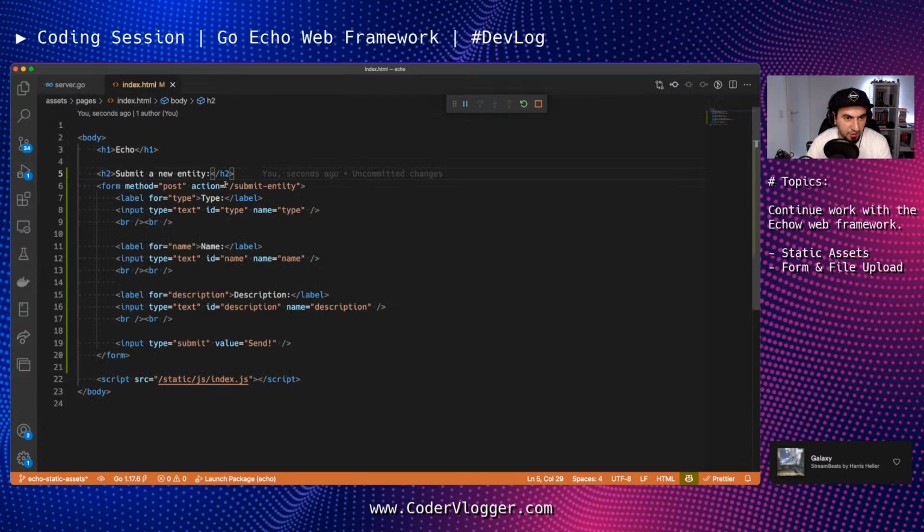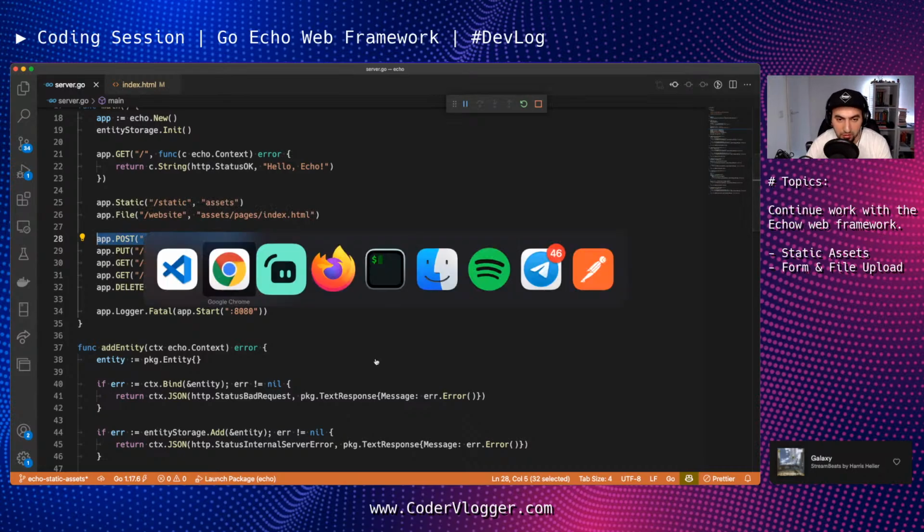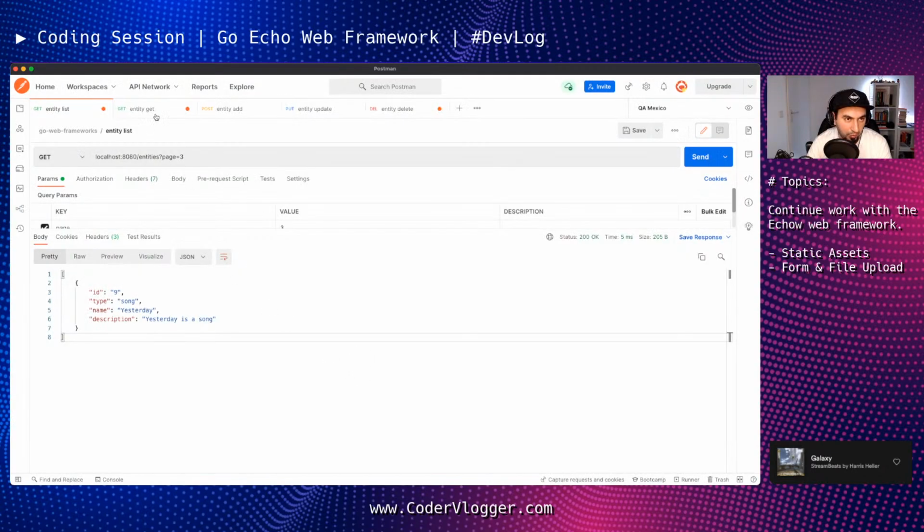So we already have some conventions, right? From the front-end part, we expect that we have this submit entity available on the backend, and we expect to get some data. Actually, we already have post, right? I think I explained it in yesterday's video. We already have backend endpoints, but the thing is,